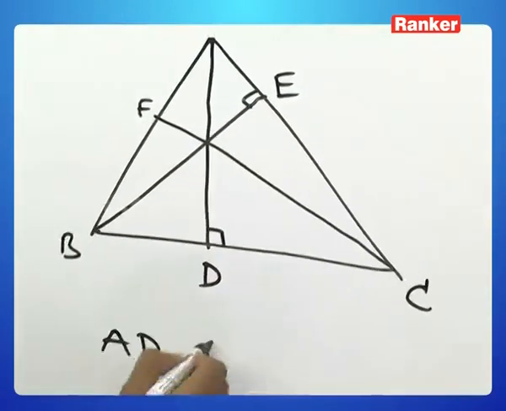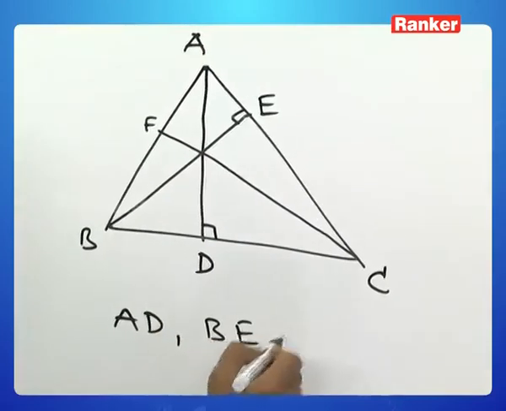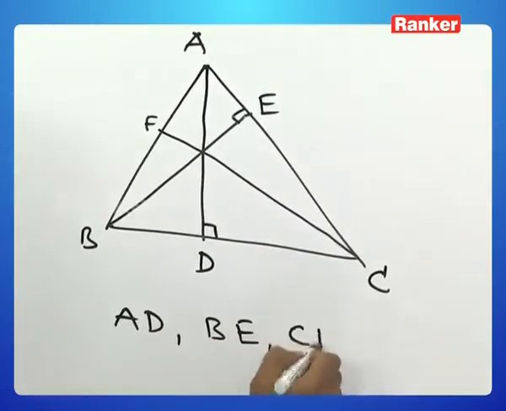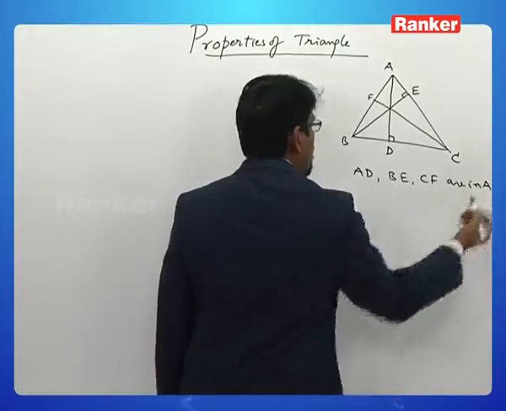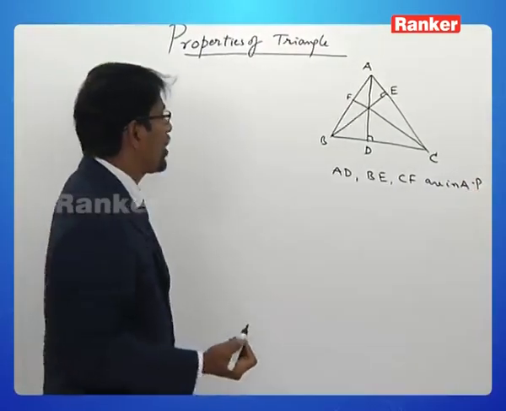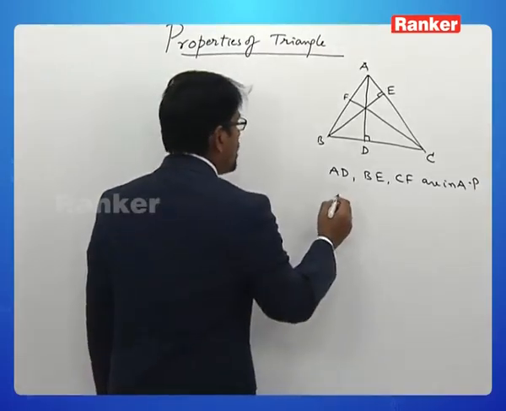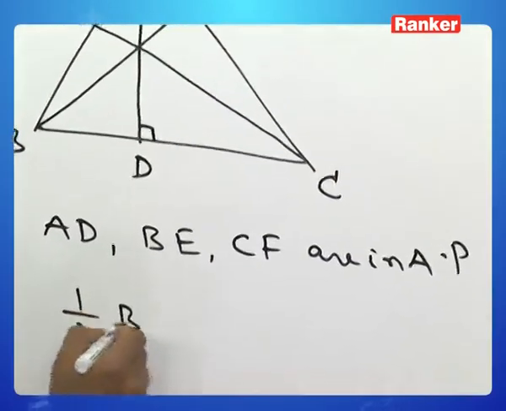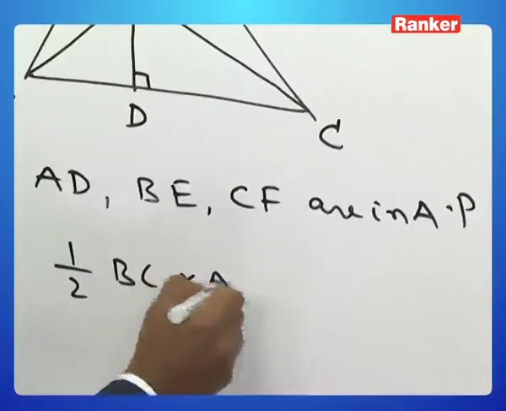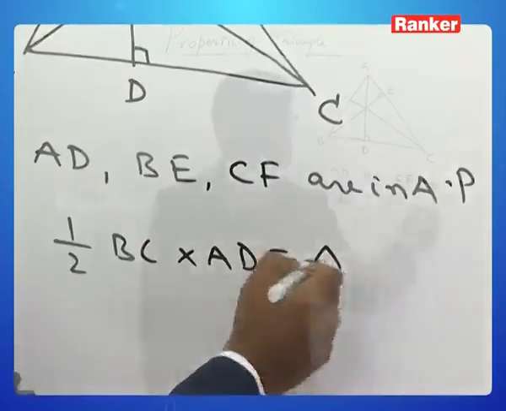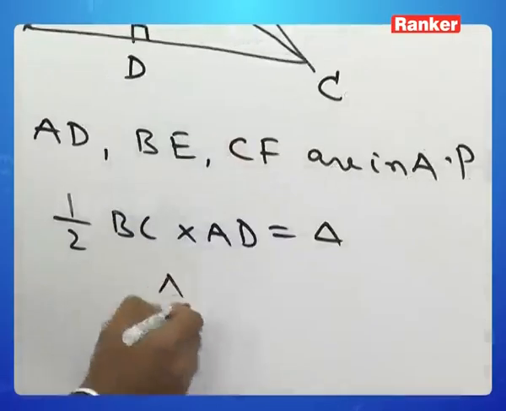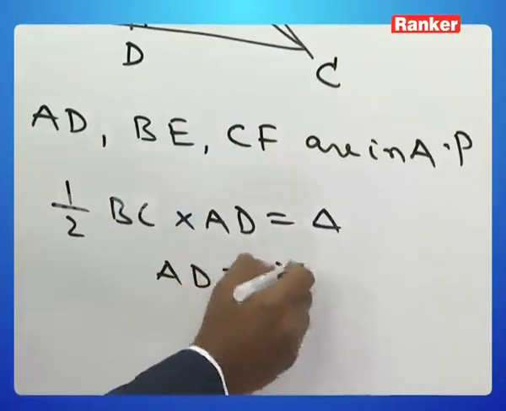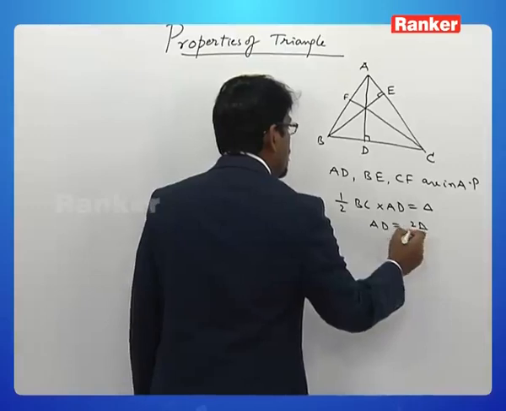AD, BE and CF are altitudes and are in arithmetic progression. We know that half BC into AD is equal to delta. So in other words, AD will be equal to 2 delta by